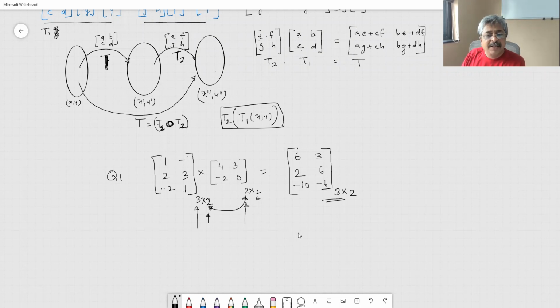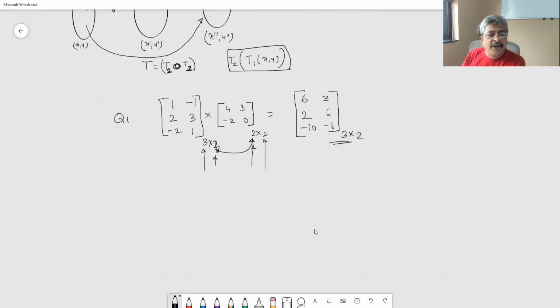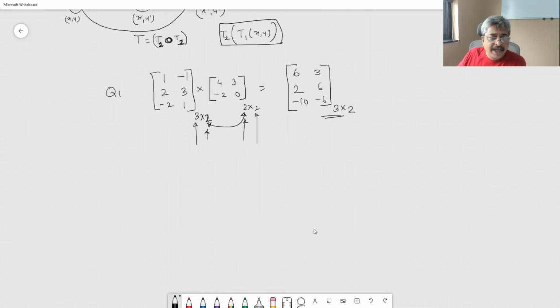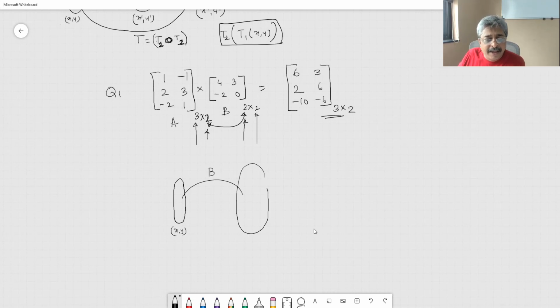Now what is happening? Let us look at this composition which we have created. It is saying that the first matrix is 2 by 2. So two equations in two unknowns. So you have x comma y as two unknowns in the first place. You operate this matrix. Which matrix? Let us call this A, this is B. So you operate the B matrix on that, and you end up in the system where you have two variables x dash comma y dash.